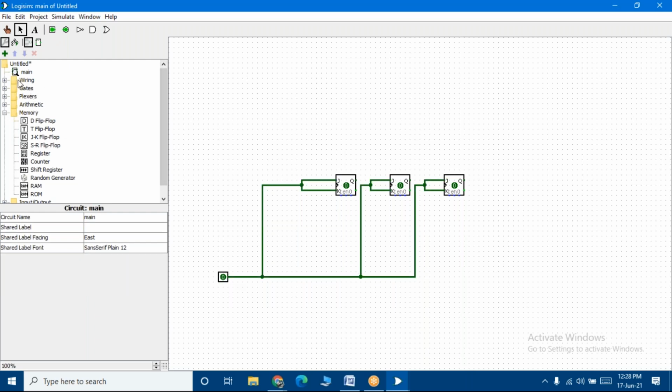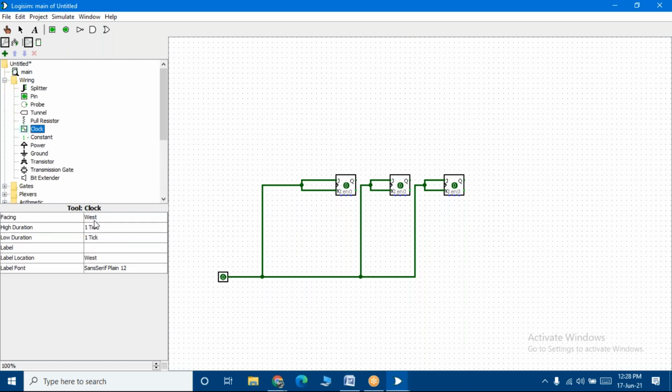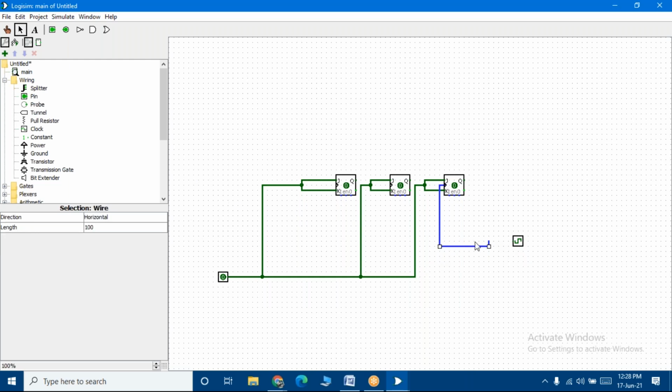Next, what I should do, let me go to the wiring. Okay, select my clock pulse, so it's already in the best position, so let me put it here. So let me connect my clock here for the MSB flip-flop, right, students? Not the MSB, sorry, this will be my LSB, right, students? The more significant bit will be the first flip-flop. This will be my LSB, the least significant bit, because it's at the end, right? So let me connect this.